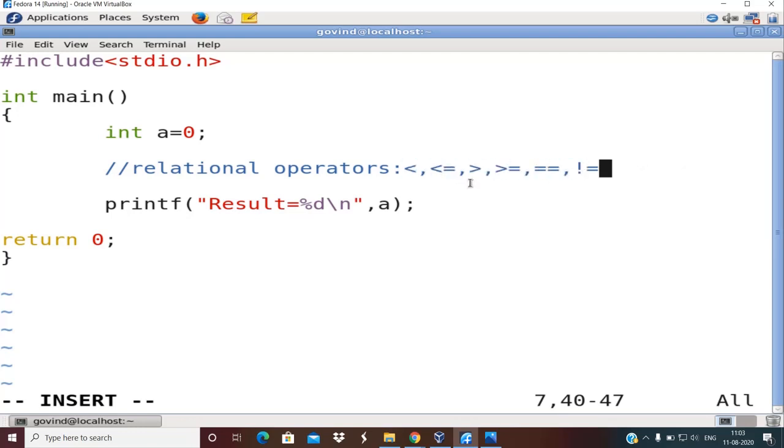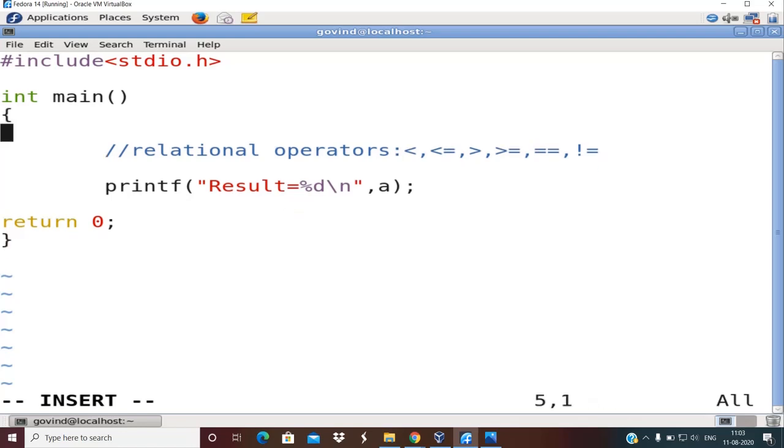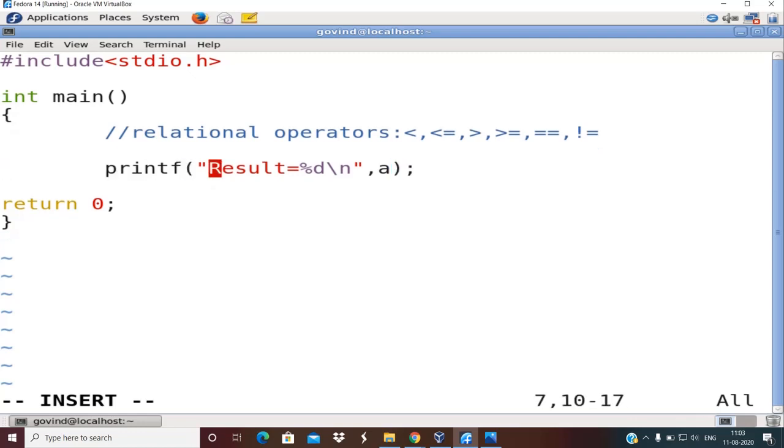So to demonstrate relational operators, I will now modify this program. This time I don't use any variables over here. I just use a printf. This printf will print what the relational operator returns. In yesterday's session we saw that, say, if num mod 2 is 0, if it is yes or true, what that yes or true means is what we are going to see here. So now I'm going to write 10 less than 20. Is 10 less than 20? The answer is yes, 10 is less than 20 itself, right?